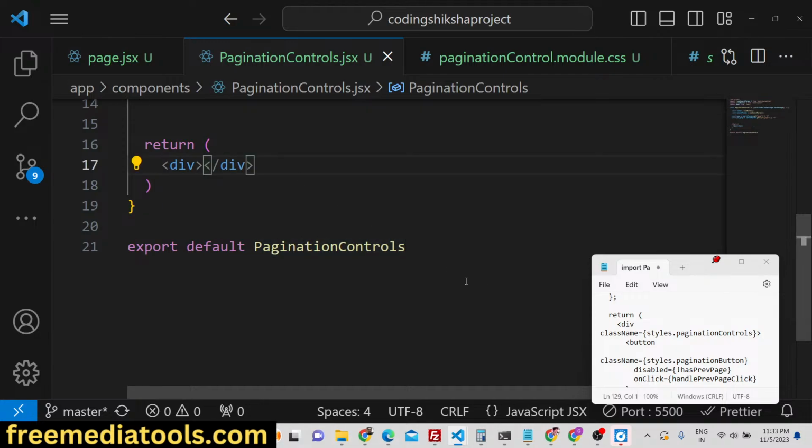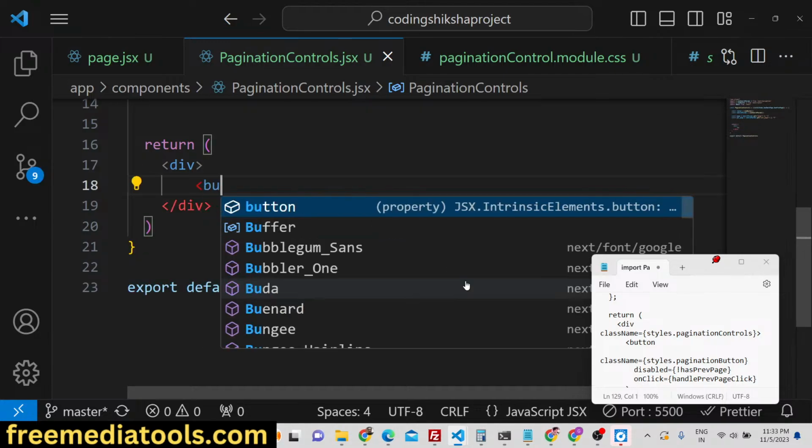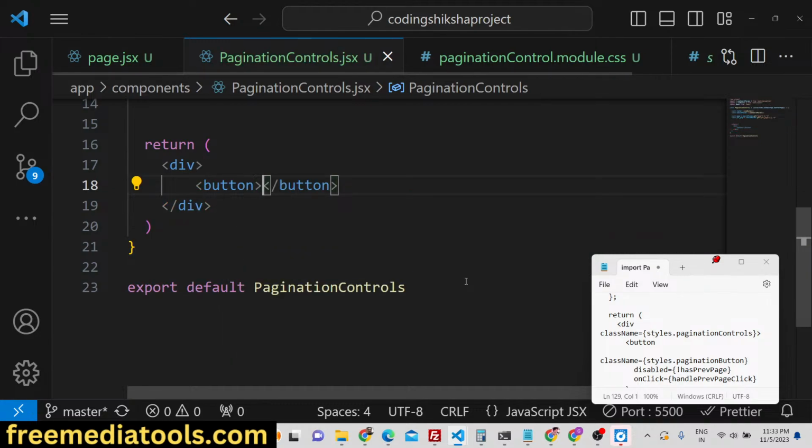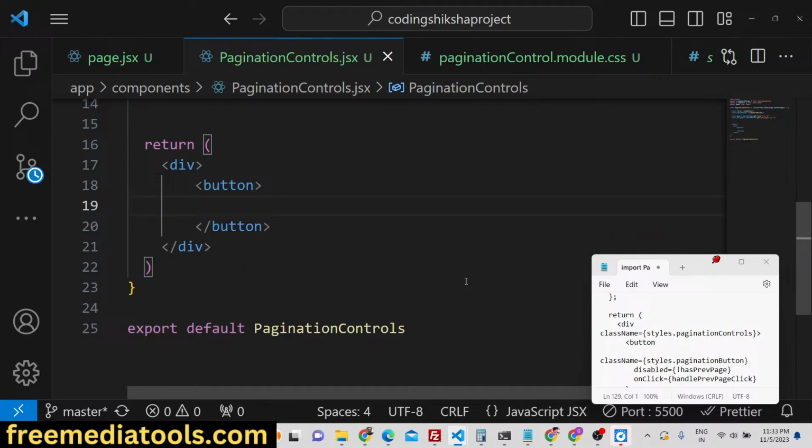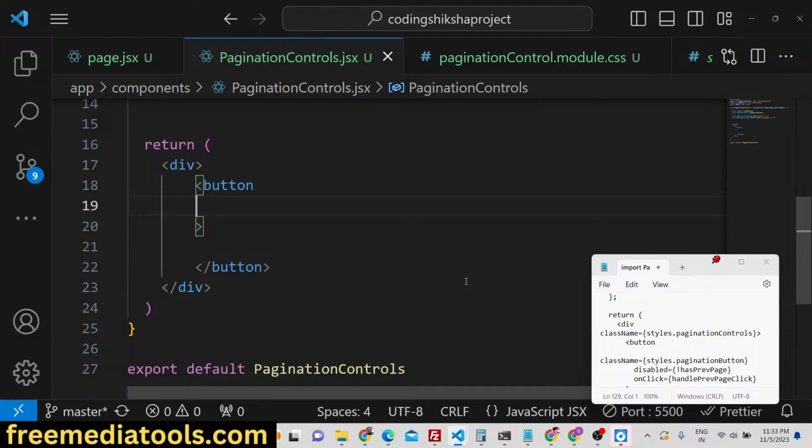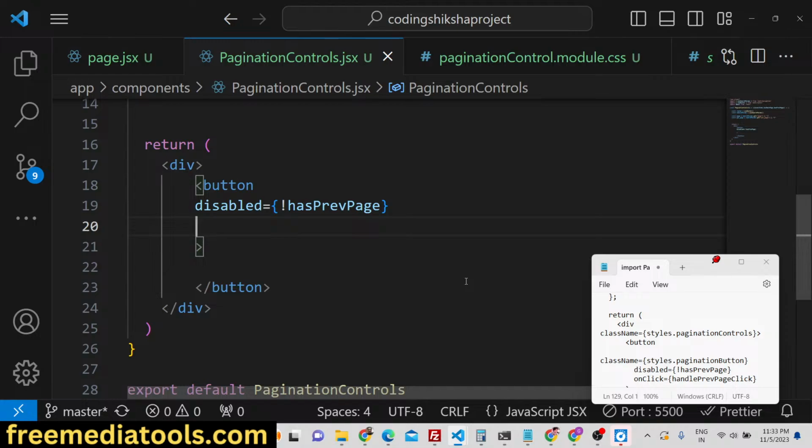For the pagination controls, guys, we will have a button. We will give attributes to this button. So disabled: the button will be disabled, guys, only if the value of hasPreviousPage is false. And